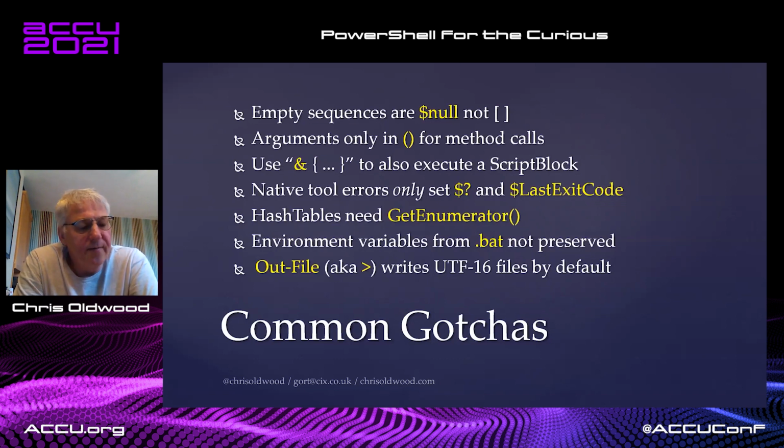Native error tools. When you invoke native commands, sort.exe, tasklist.exe, they don't play by the same error handling rules. So the error action preference doesn't affect them. So if they fail, the script won't stop. You still have to inspect the $?, which again comes from bash, or $LASTEXITCODE, which if you've read batch files is effectively the same as errorlevel. You do still have to check those to be 0 to handle them. Incredibly annoying,